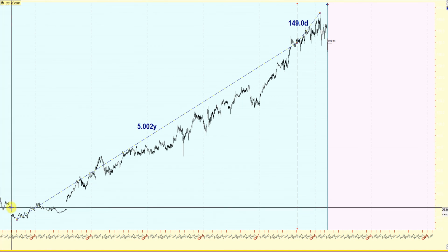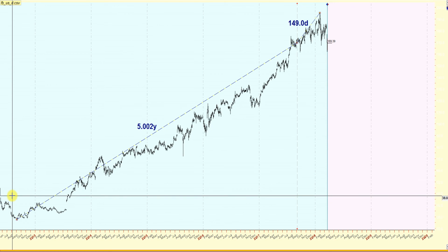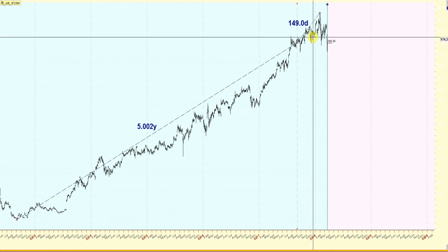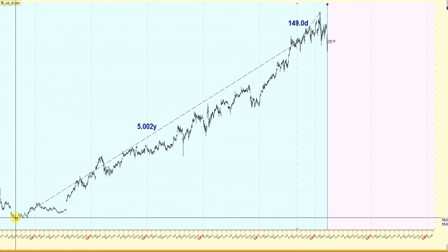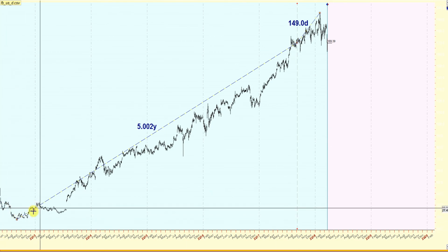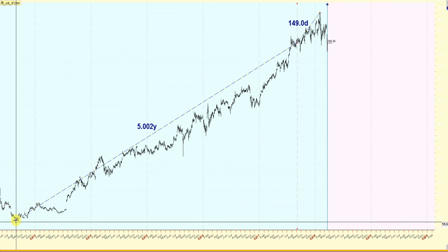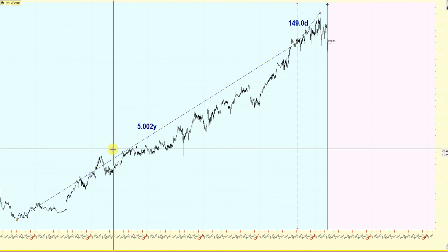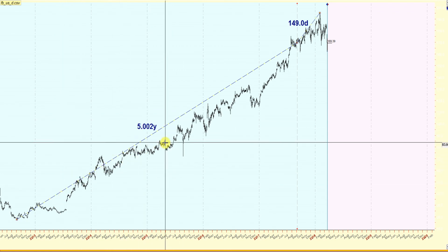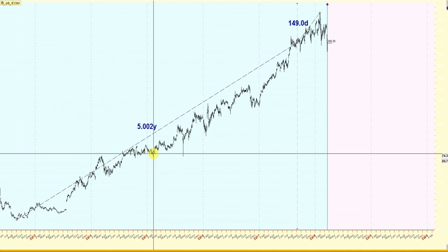It came out, sold off. Always an IPO when it comes out. Never buy it. I regret not buying Facebook looking at this now. But it always sells off, or most of the time it sells off. And then Baidu did the same thing, sold off a little bit, and then it puts a low. And then from there, it changes course. And if it's popular and it's trending and it has a positive outlook for the future, you can see